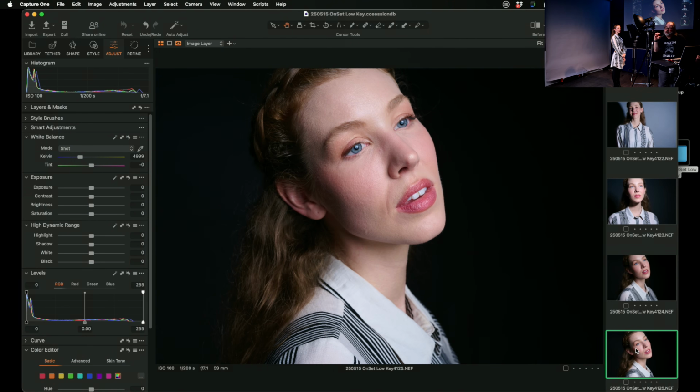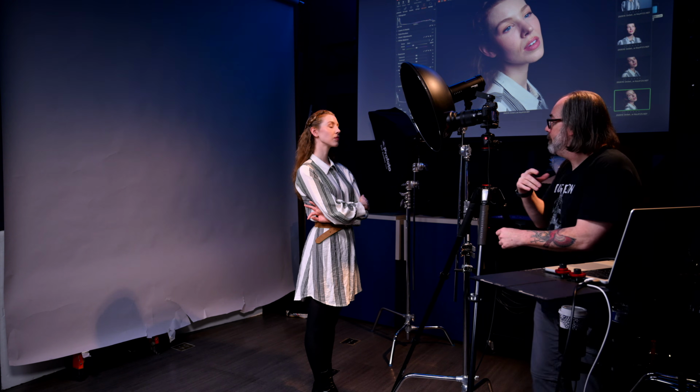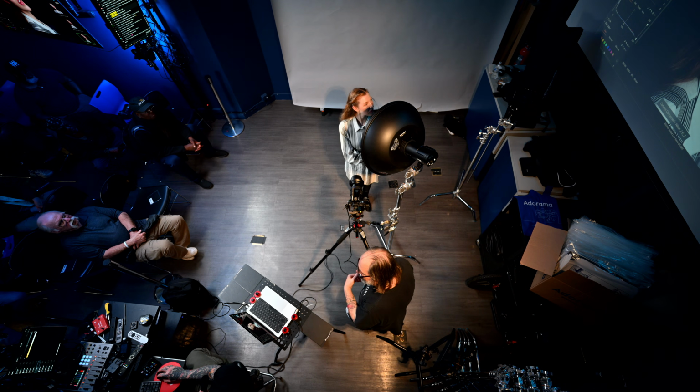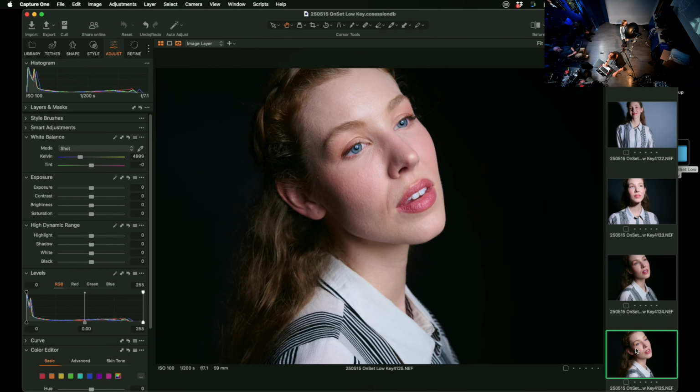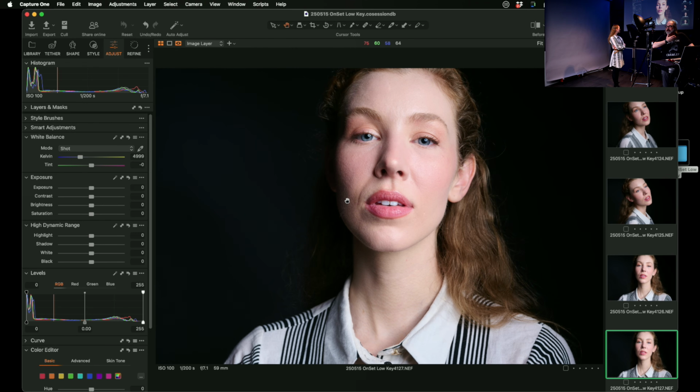But if we want to add drama, we're not creating more shadow. We're just changing where the shadow is, which is basically if we ever look at the camera, and this might be too much, but we'll see. We're going to throw shadow on one side of her face, right? A bit of shadow, not too much because of the position of the light. And she's got a little attitude. She's changing her attitude to match the, oh no, did I break it? Nope, there it is. Okay, I didn't think so. We have a little bit of shadow on this side of her face, but it's not going like Rembrandt style,